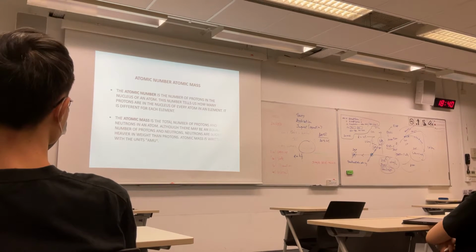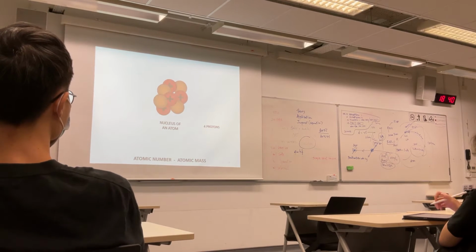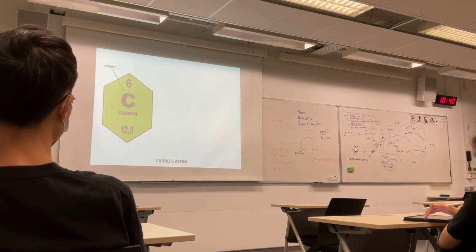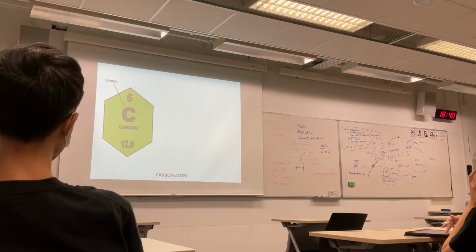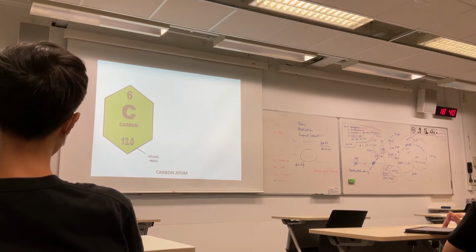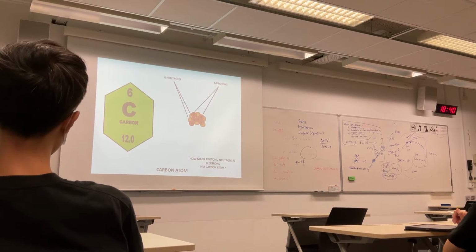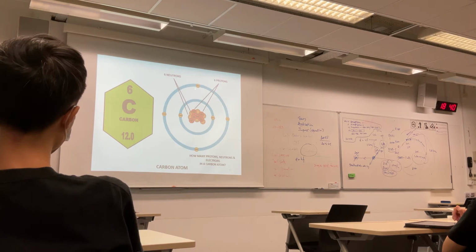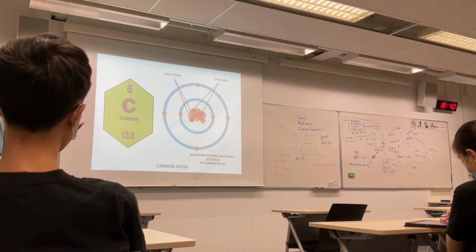So, atomic mass number. Notice that some have 4 protons. I'll just go through this and let you know. Carbon is the most interesting because all our life is made out of carbon, so we call it carbon life. There are 6 neutrons, 6 protons and 6 electrons, of course. The reason carbon is interesting is that there are 4 electrons outside. The valence shell always has how many?